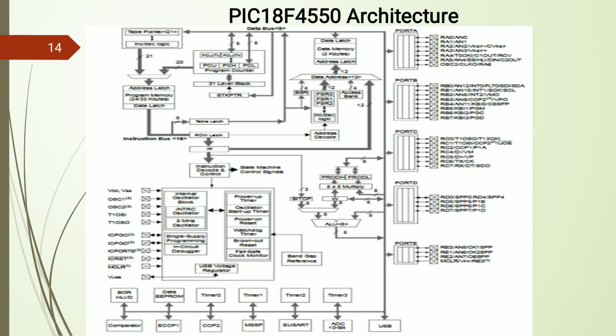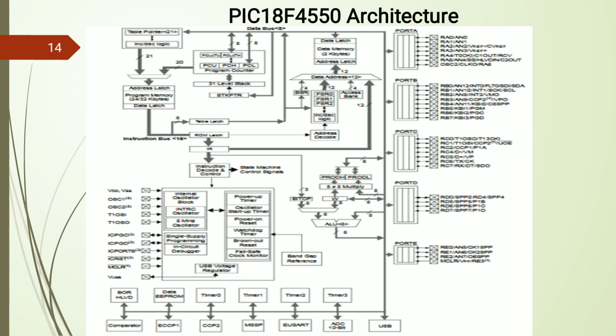Similar to the PIC 16F microcontroller, here PIC 18F consists of 5 I/O ports, that is port A, port B, port C, port D, and port E. If we consider the architectural diagram and go in a logical sequence, as we discussed earlier in PIC 16F, starting from the right top corner downward, we find the ports, that is port A, B, C, D, and E. In this way, ports are associated, and at the bottom side from left to right, various peripheral